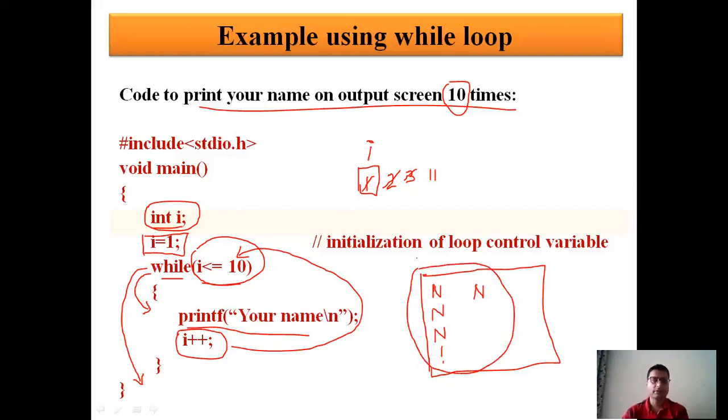Obviously you can have n number of times. In that case, what you need to do, you have to take one more variable n, and then take the value of n from the user, right? And in place of this 10, you can just put n. In that case, the number of iterations in this particular loop will depend on the value of n. Whatever value you are giving will decide the number of iterations in this particular loop.